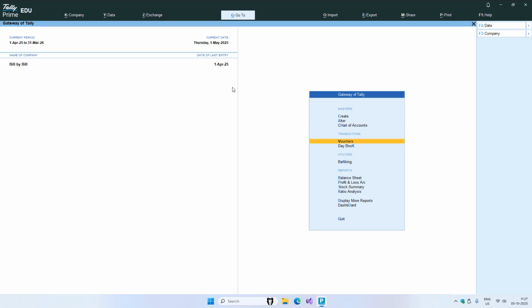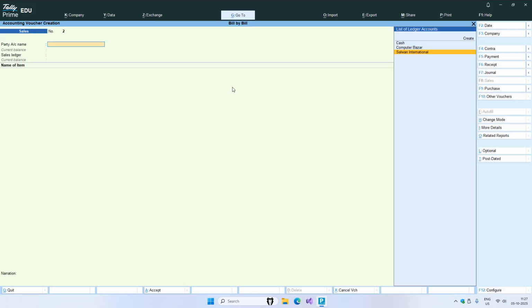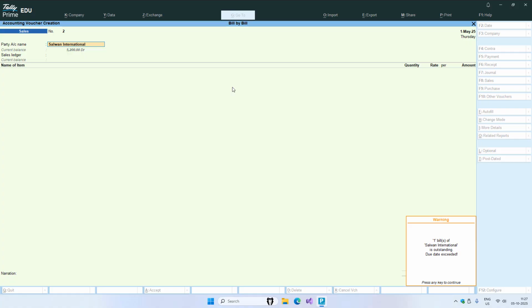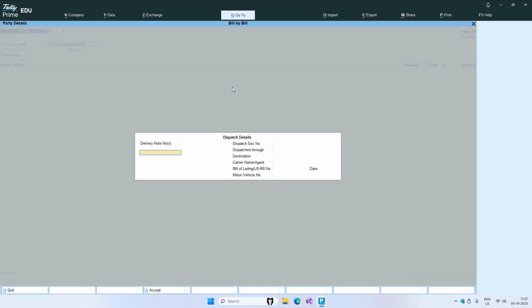So what this feature does, let's say I am doing another sale to Salwan International on 1st May, but Salwan International has not cleared his previous bill, so it is giving us a warning that the first bill of Salwan International is outstanding, due date exceeded, because I have entered 1st May 2025 and the 30 days time period has already passed. So it is giving me a warning asking if I still want to continue by doing another sale to the same customer for which the payment is already due, which has not been cleared. So let's say I press enter here